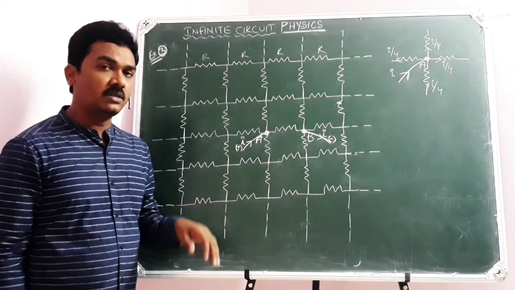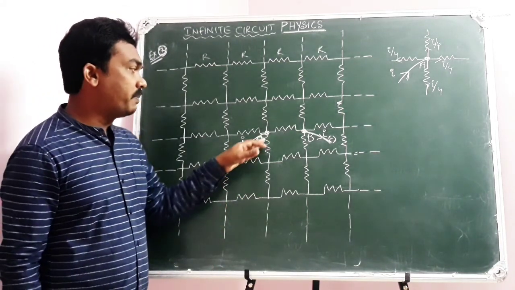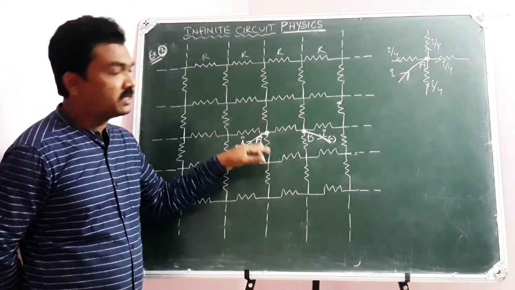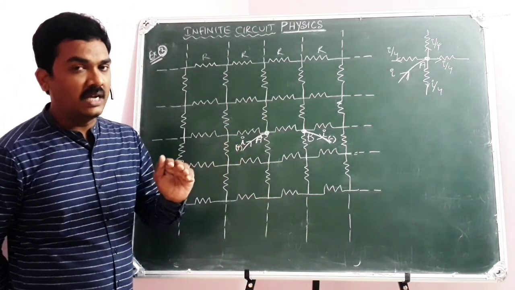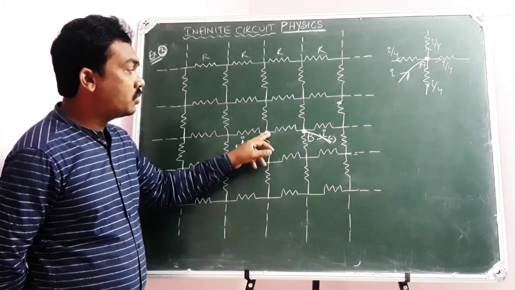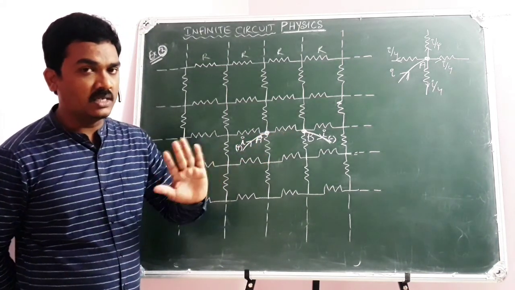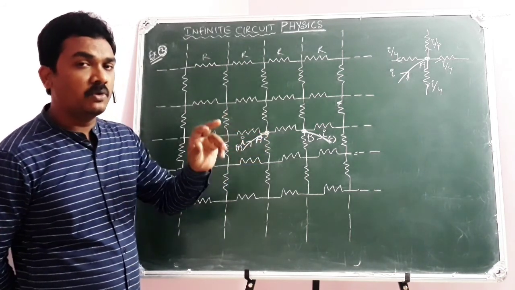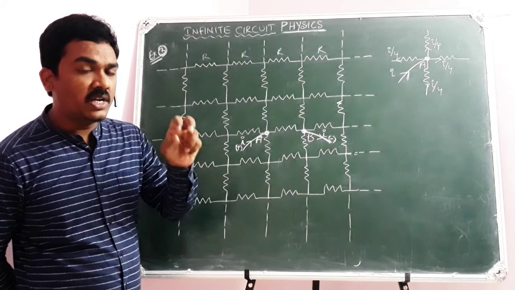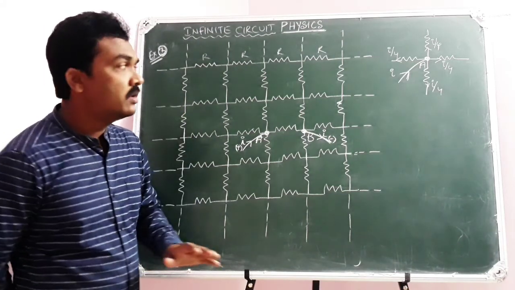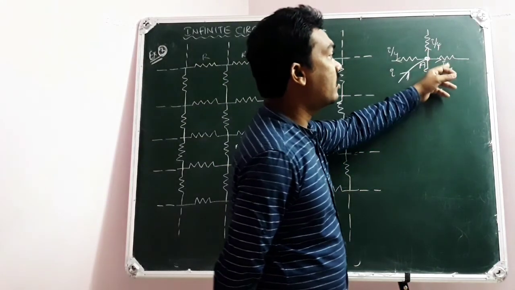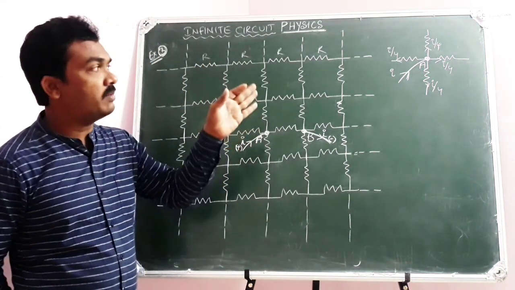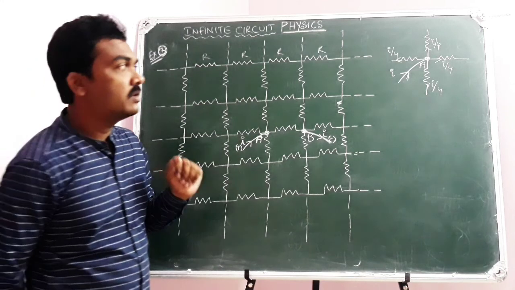You may get the doubt, sir, if I talk about path symmetry, is the current along AB the same as the other paths? Wait, I didn't tell you the current through the path AB is I by 4. At the junction A, if you suppose A is an isolated junction for some time, having 4 identical resistors, then the current can be divided equally as I by 4, I by 4 and I by 4.